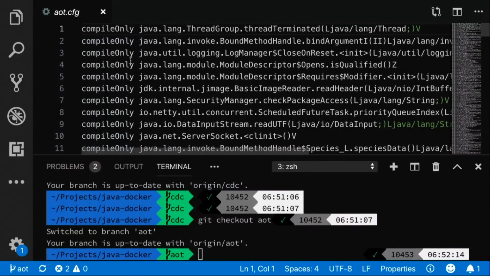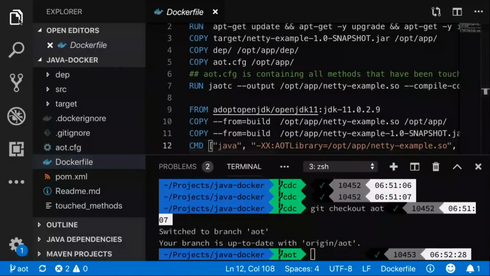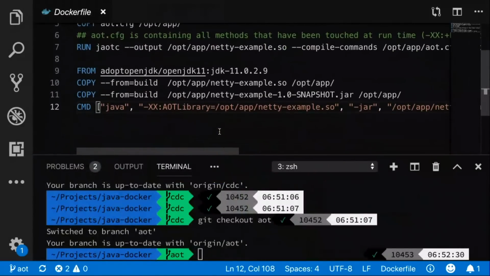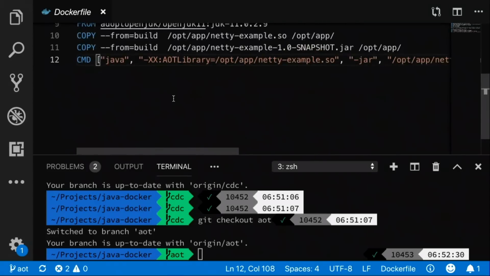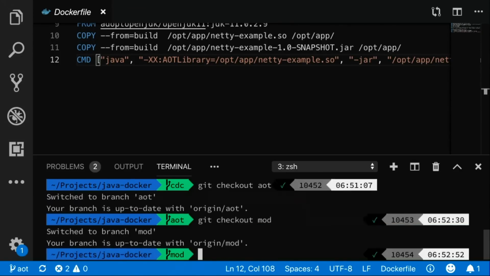It contains a prefix, which is compile only or exclude, and the list of methods and classes that we want to compile. So using the jaotc command, as we can see here, we generate a shared library, and in my production image, I tell Java to use this ahead of time compiled library in production. Another technique I mentioned to improve image size is Java modularity, and for that we use